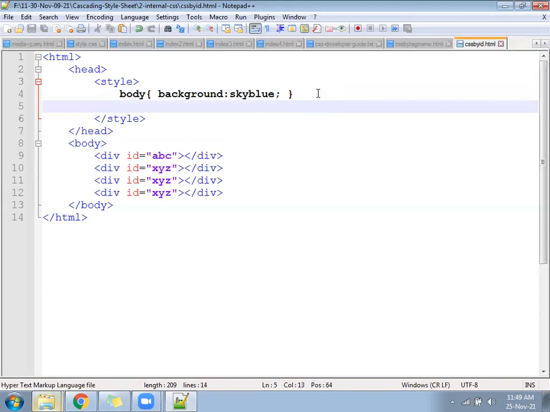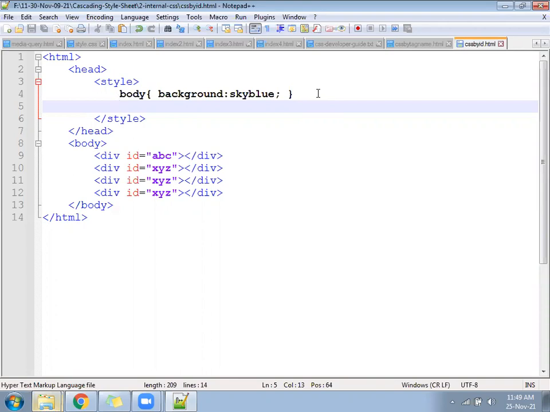It is called css by tag name. For body tag you directly wrote the css. Why did we write for body directly, css by tag name? Because body is available only one time, there is no matter of conflict.